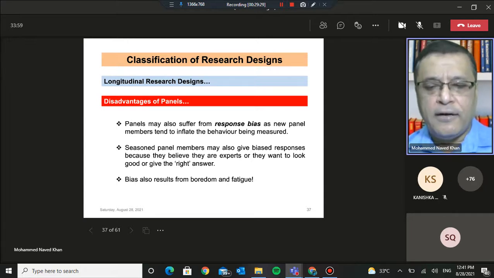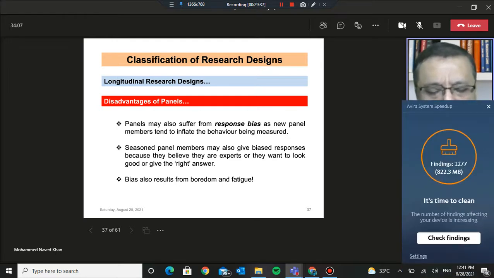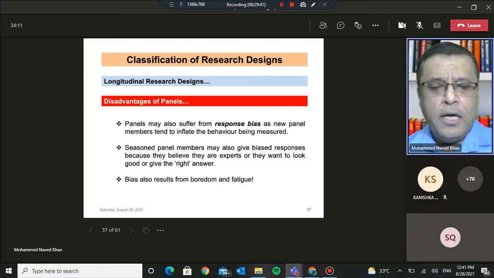So they give inflated responses so as to please the research organization. See, that is not what we want. So the best thing would be to remove the responses of freshly recruited panel members for some time. Let us allow them to cool down. Once they cool down, then we start considering the responses for the purpose of analysis.